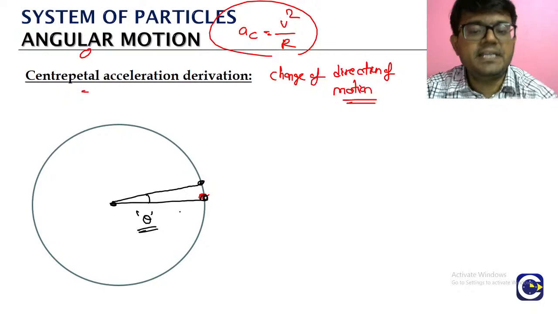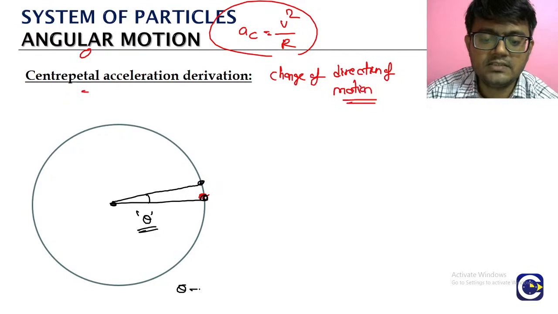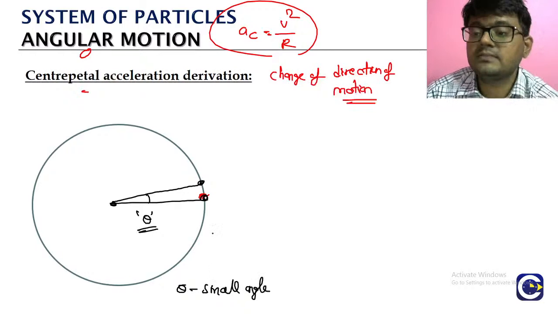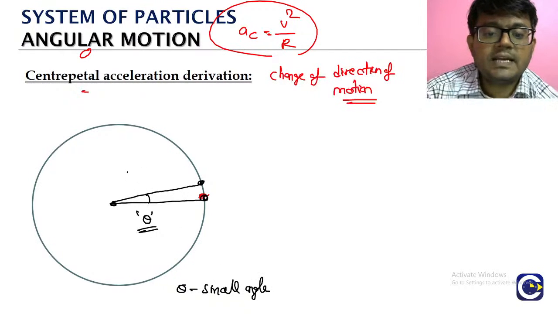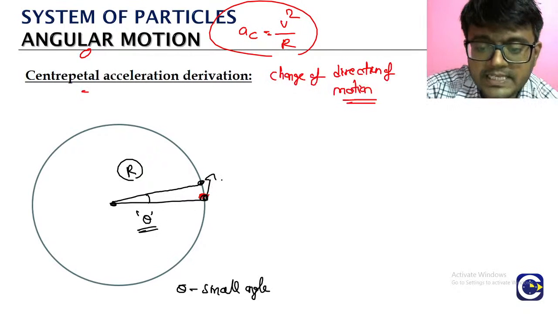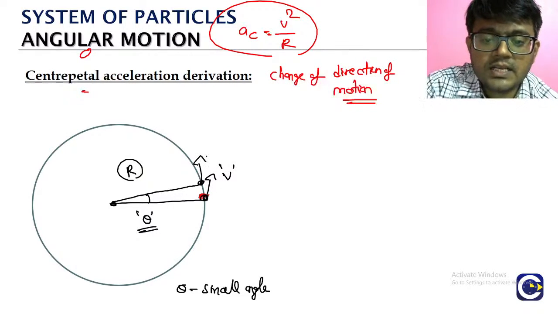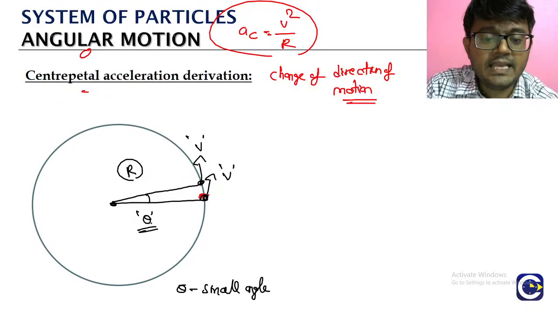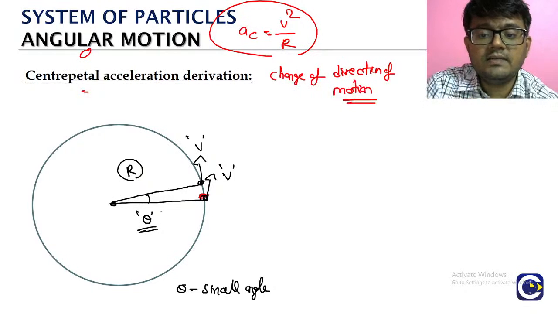Angle is changing by theta. Theta is a very small angle. Remember, theta is what? Small angle. Okay, now look, let us consider the radius of the circle as r. What is the velocity here? v. What is the velocity here? v. Because we are only considering a very small angle, the velocity value will not